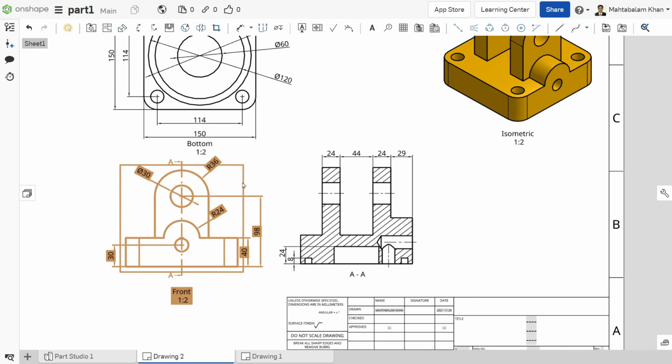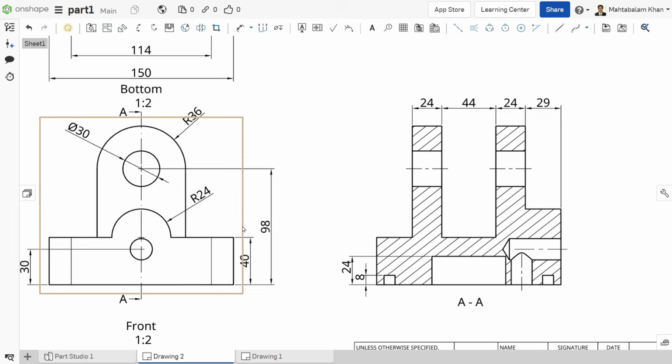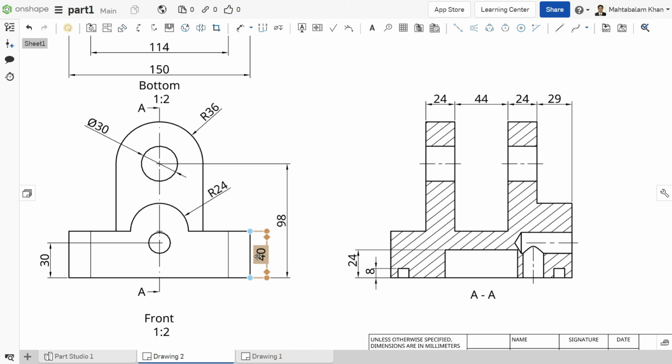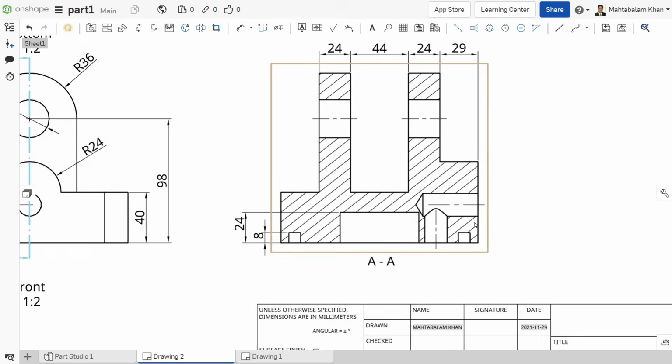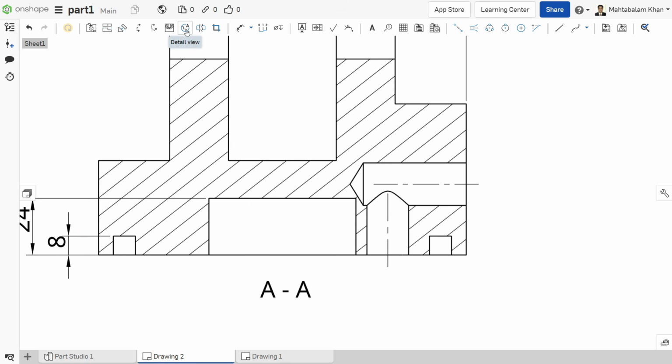Let me drag this direction. Okay. Now let's allocate this dimension, but we will apply it for this detail view.